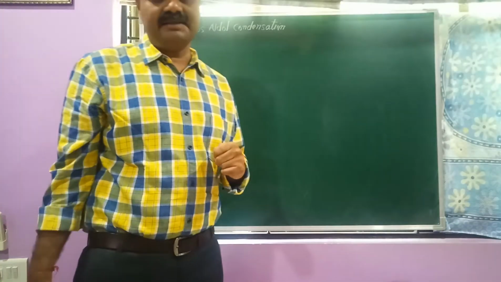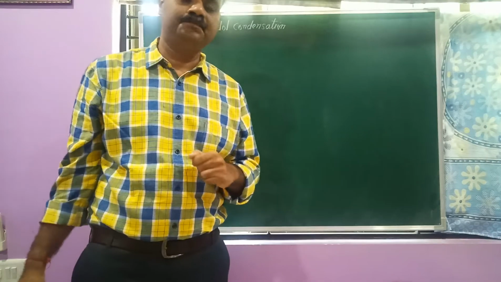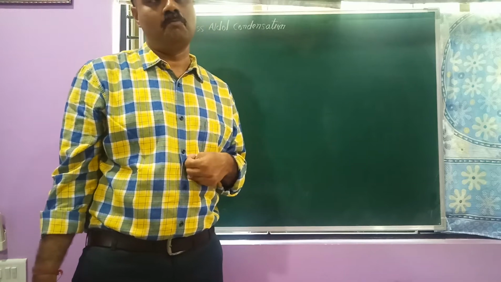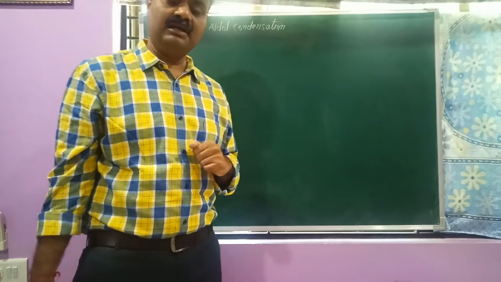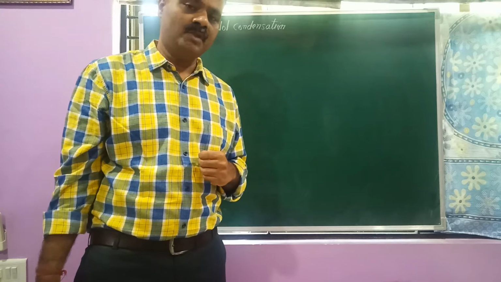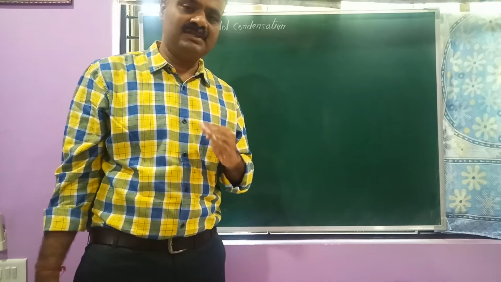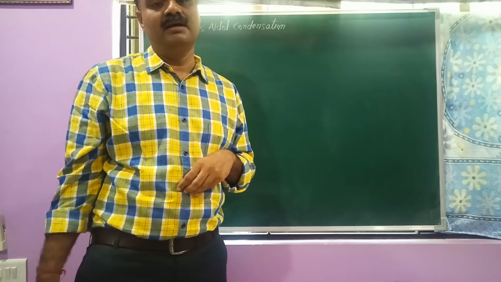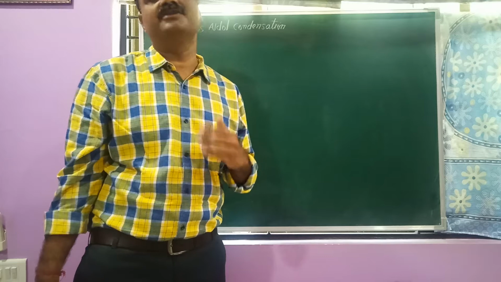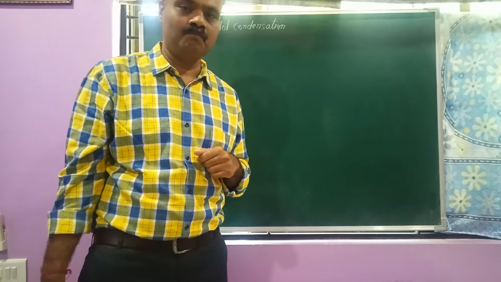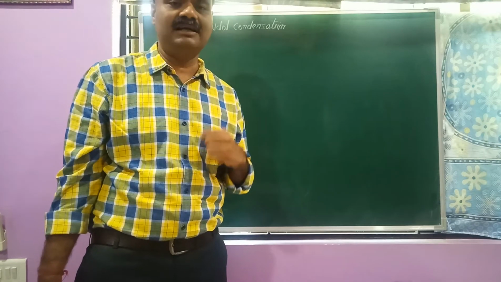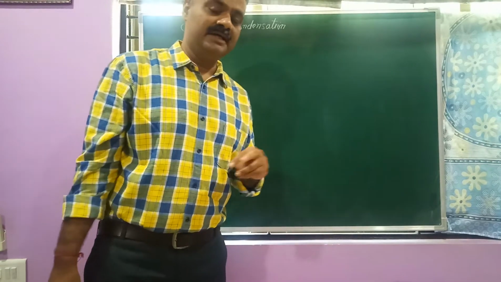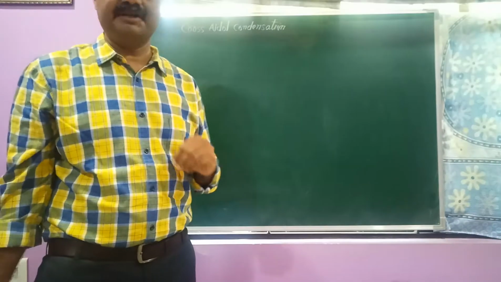As we discussed in the last case, in aldol condensation we have as reagent 2 moles of aldehyde or 2 moles of ketone. The reaction will occur in the presence of dilute base. The intermediate should be beta hydroxyaldehyde or beta hydroxyketone, and the final product obtained should be alpha beta unsaturated aldehyde or ketone. In the last lecture we discussed aldol condensation, that is self aldol, meaning two reagents of the same type. In this lecture we discuss two different types of reagent.